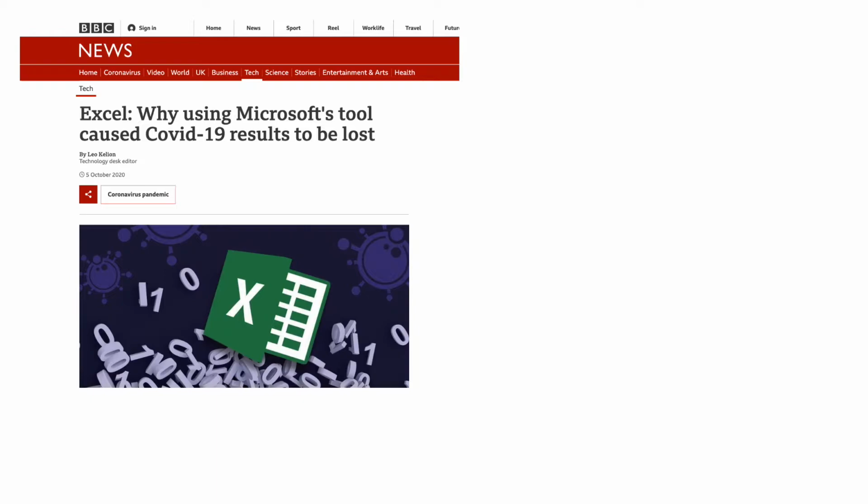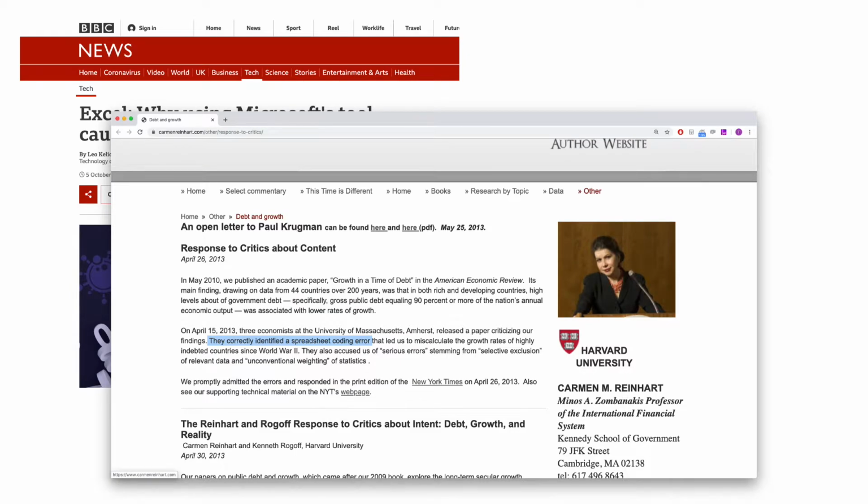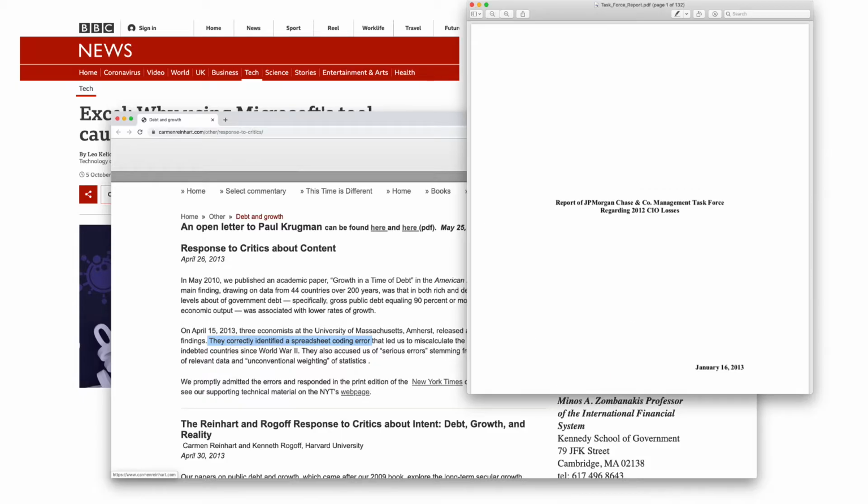We could cite the recent one with COVID-19, where nearly 1,600 COVID-19 cases in spreadsheets went unreported in England, and the one with the Harvard professor, where the spreadsheet leading to her famous research result was proved wrong several years after the publication, and the one with $6 billion trading loss of JP Morgan Chase, where bad spreadsheet management was involved.